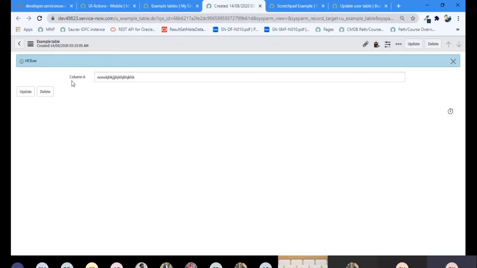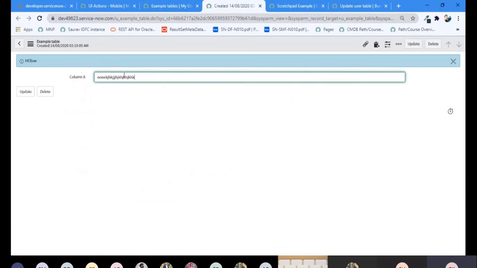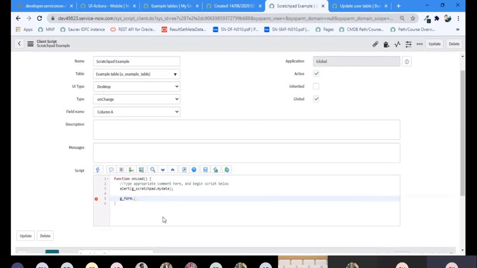Or I want to add a style in my column, right? All such kind of special things we can do using the G_form object. For example, I want to make this column read only, guys. In that case, we have many methods basically.